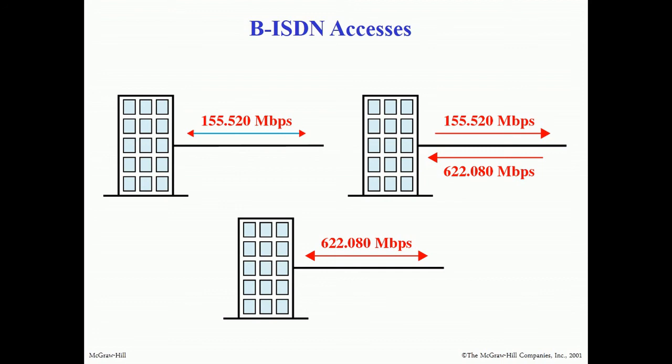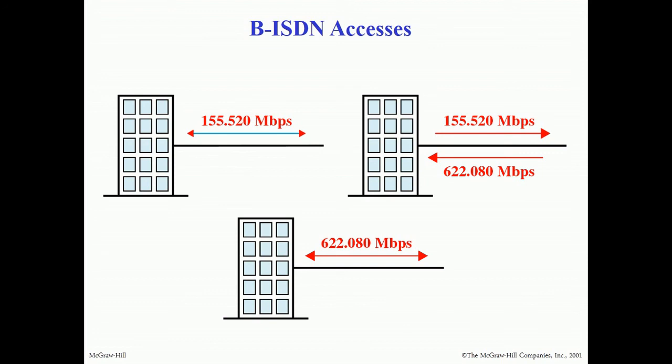But in the case of broadband ISDN, it supports a 155 megabits per second data rate. The bandwidth of narrowband ISDN is quite low in comparison to broadband ISDN. The bandwidth of broadband ISDN is increased by a factor of 2500 over